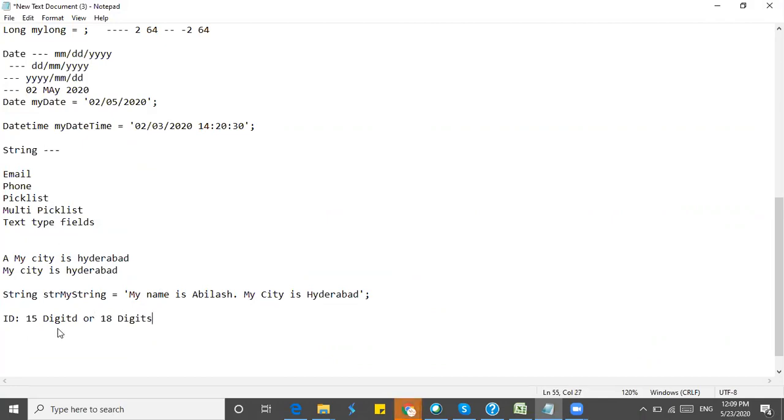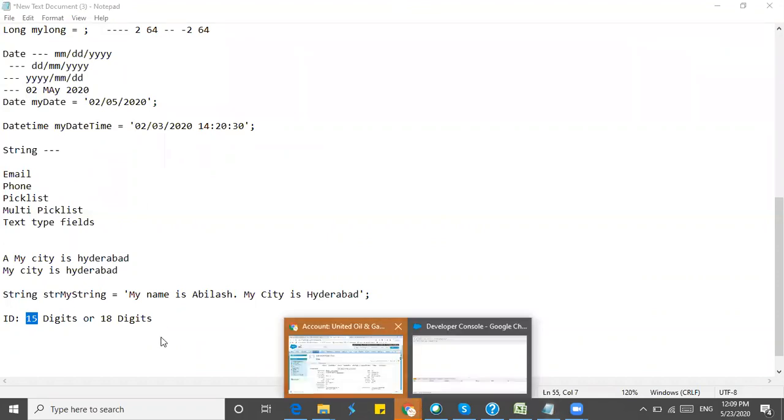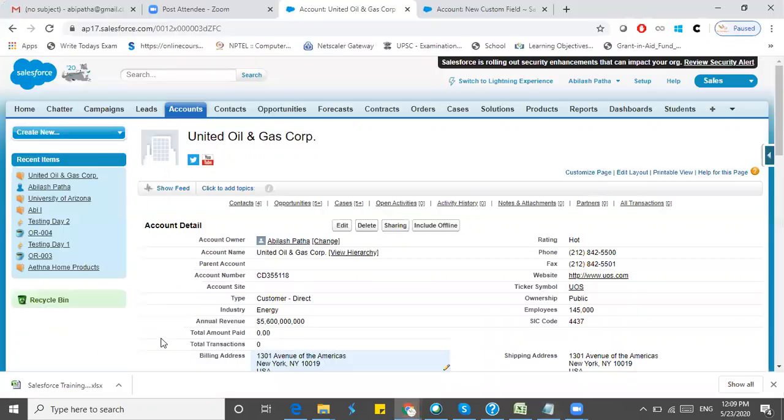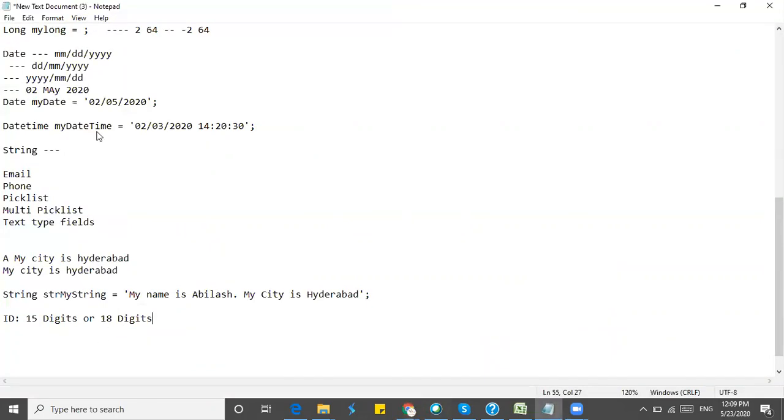If you want to search a record using the Salesforce ID, the Salesforce record ID, in an Apex class, if you're writing a SOQL query and in the where condition you're writing where ID equals something, you can give 15 digits.